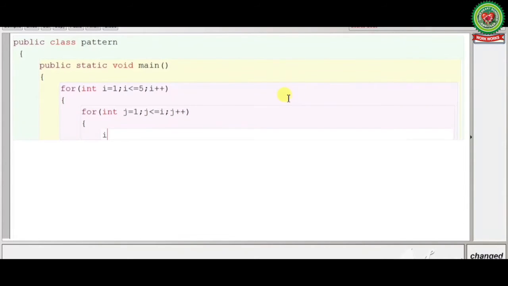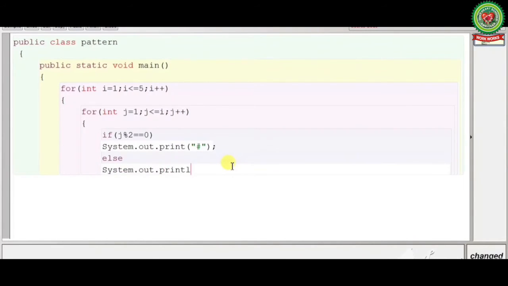Here we will put the condition if j % 2 == 0, enter, System.out.print("#"); else System.out.print("@"); then curly bracket close.